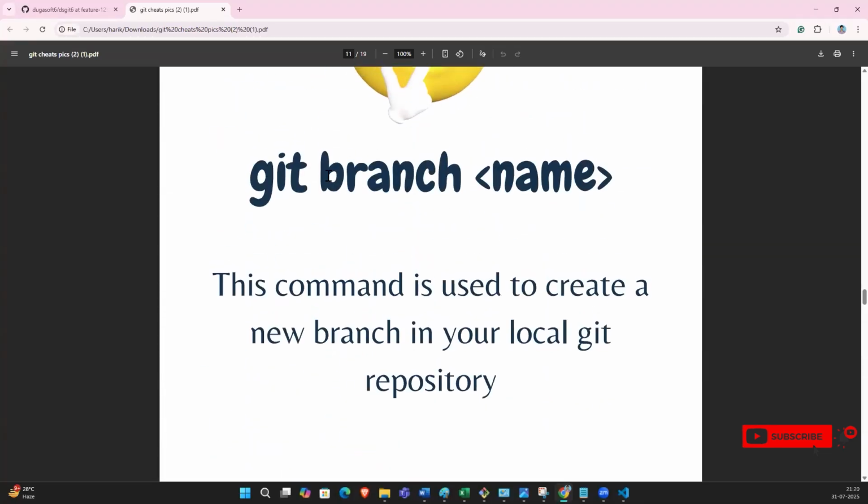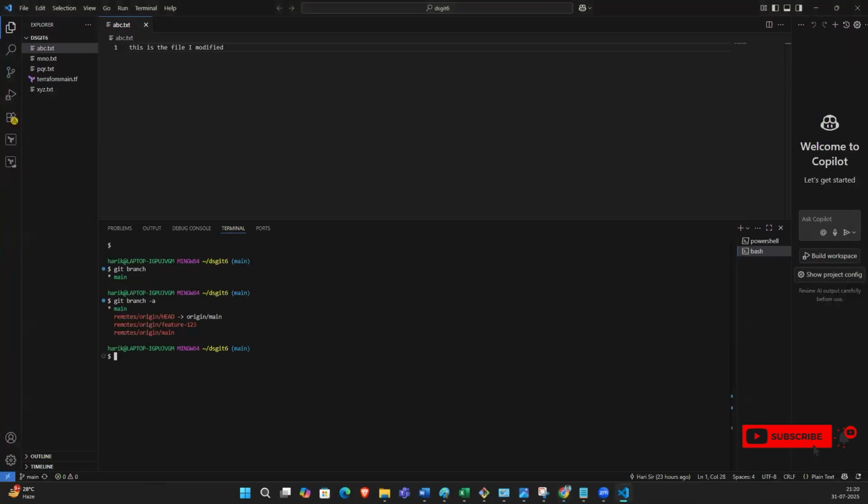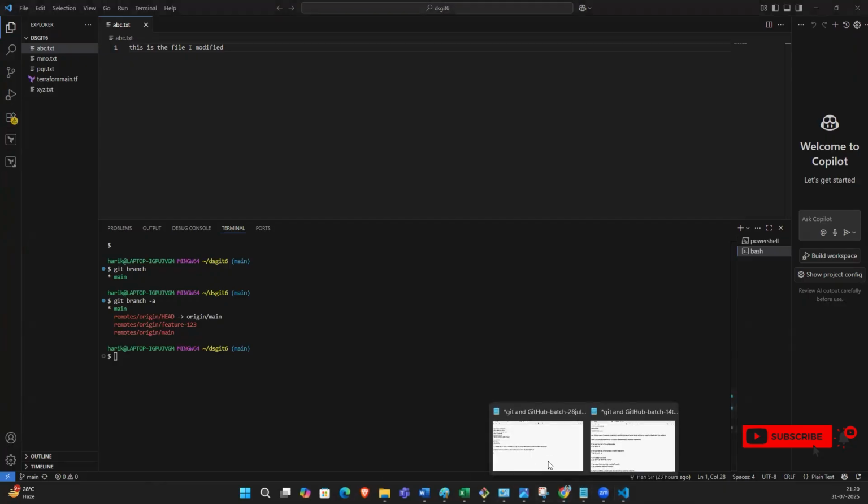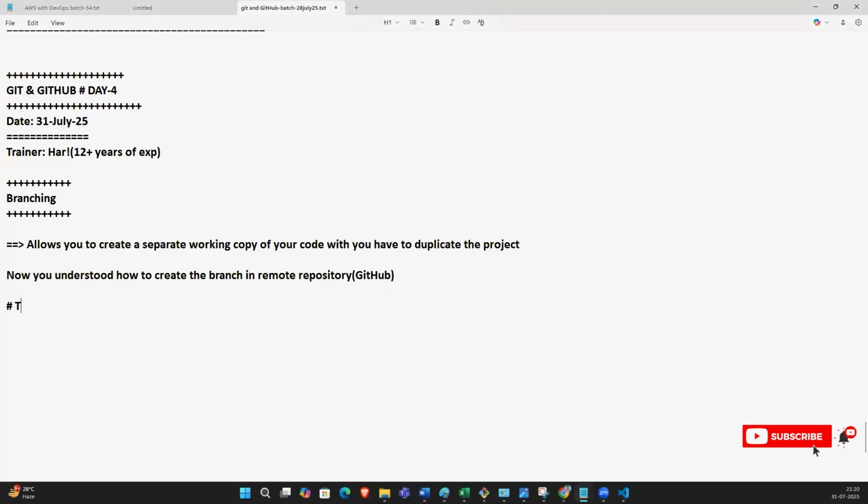So you want to create a branch. How can you create the branch? This command is used to create the new branch in our local Git repository. What is the command to see the list of